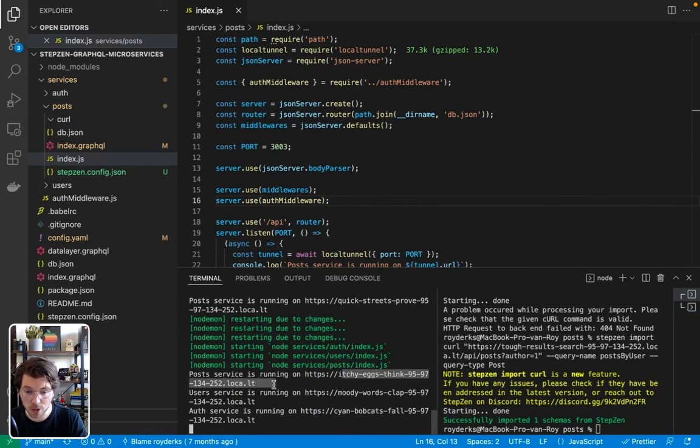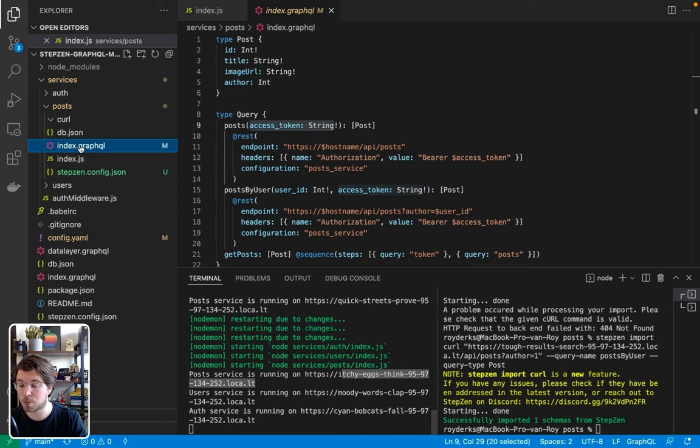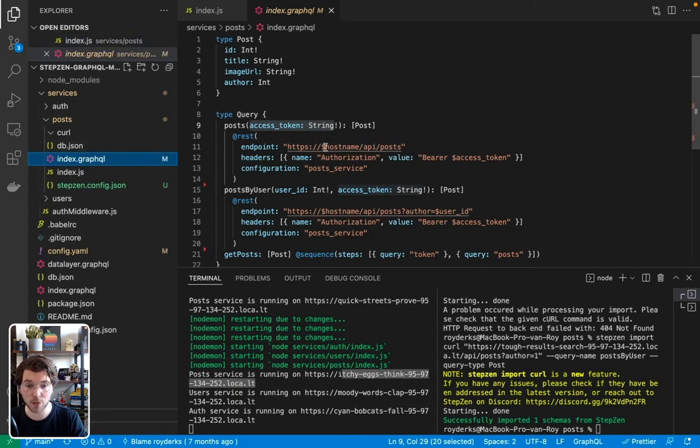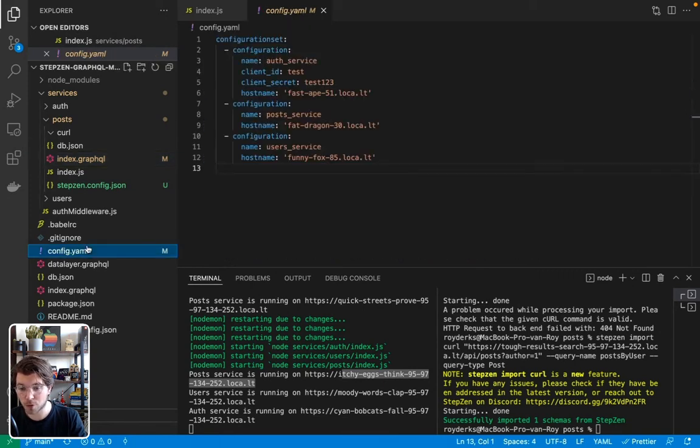And these local tunnel routes is something I actually need, because if you would be going to the GraphQL schema I generated before, you can see there's a variable name called hostname, which is coming from a configuration file. And this configuration file is here, config.yaml. And in here I need to make sure that all the host names are in there. So the host name for posts, for example,